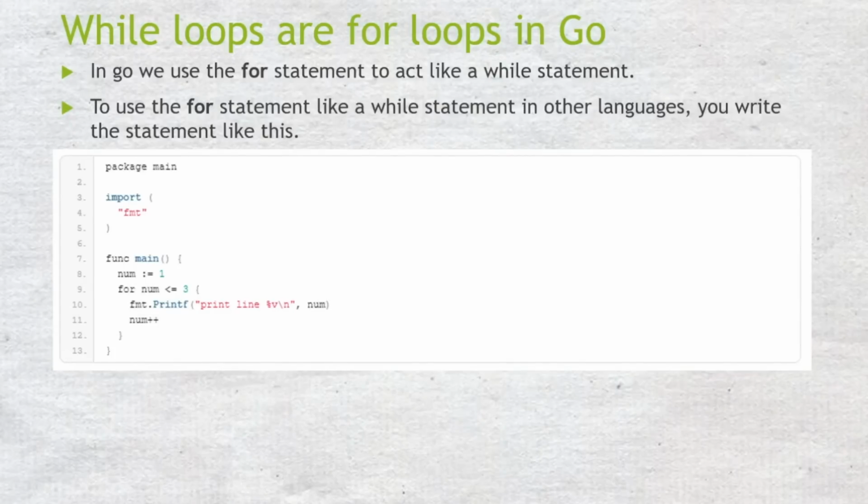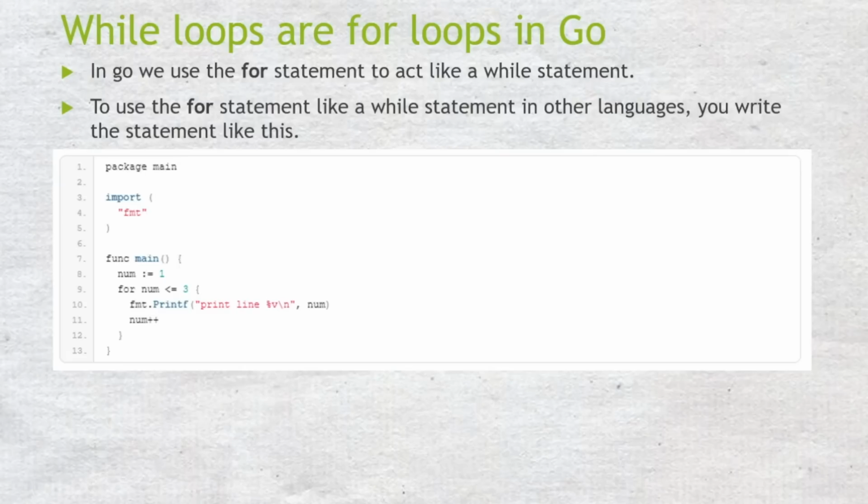Now, how do you do while loops in Go? In Go, we use the for statement to act like a while loop. To use the for statement like a while statement, as you would in other languages, you write the statement like this. So we have our package main, we're importing our fmt package, and then in our main function, we set